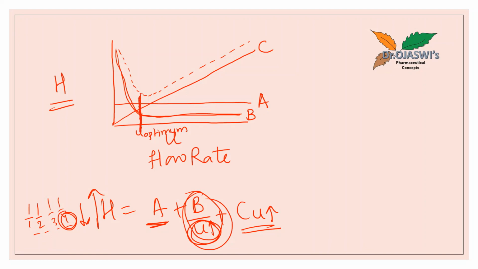So at this flow rate, if I work at this flow rate, I will have the good resolution with limited band broadening. Okay, so a very good control over the peak width can be obtained if I work at this flow rate. So that's it, all about zone broadening, plate theory and rate theory.